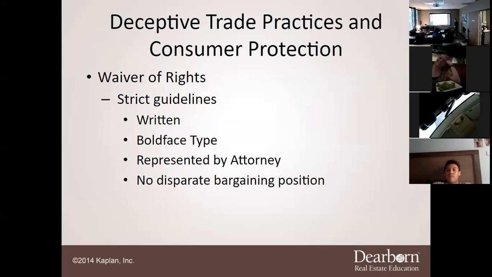All right, so waiver of rights. This is if you were going to try and waive your rights, basically waive your DTPA. And there are strict guidelines for that. If I actually wanted to write a waiver of the DTPA, where I waive all my rights, it has to be written, it has to be bold-faced, it has to be represented by an attorney, there can be no desperate bargaining position, and even if you have a waiver of DTPA,